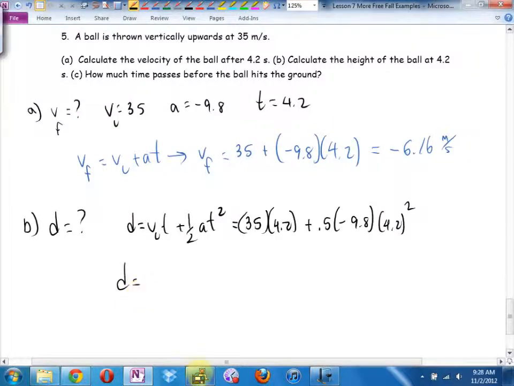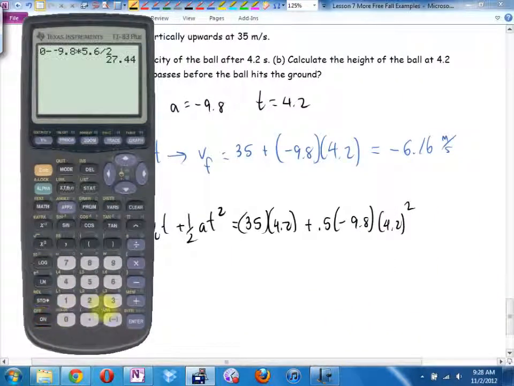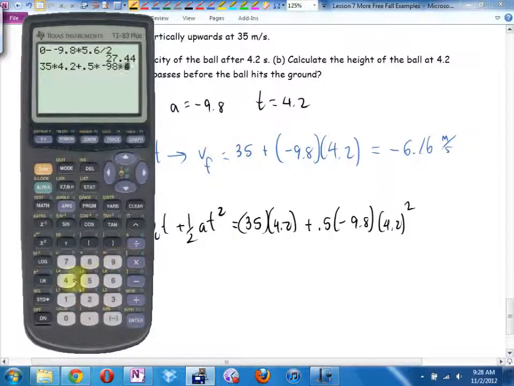No, I'm going to have to wimp out and go to my crutch. This is why I like having a calculator. It lets me edit, because I'm missing 35 times 4.2 plus a half, negative 9.8, 4.2 squared, and we get,